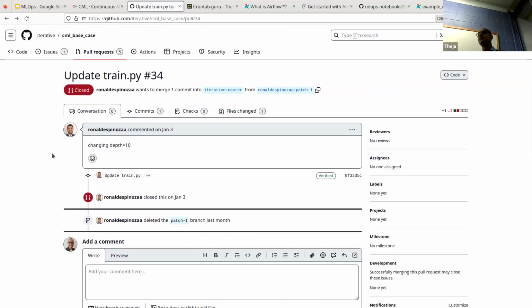Let me see where the CML is, because I have to go back and see when they inserted the workflow and when the GitHub Actions took place.